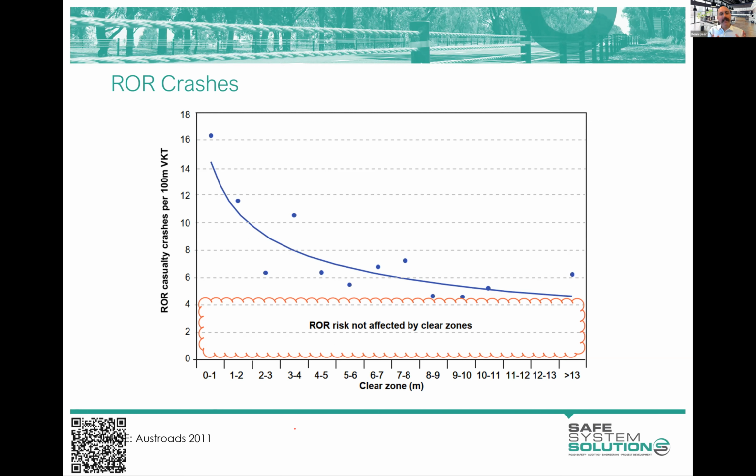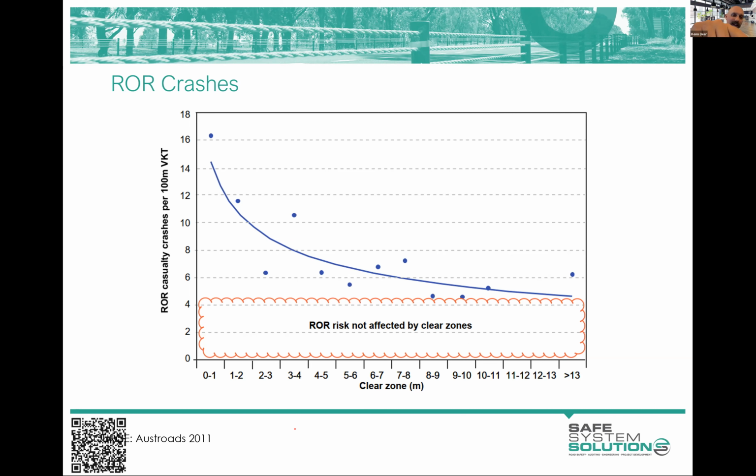Okay, but we did operate like there was some magical thing about this clear zone, and we saw crazy things, like brand new roads with all of these trees planted at 9 meters, or power poles all dotted down there at 9 meters. And while that was less risky than if they'd been at 5 meters or at 2 meters, it wasn't void of risk. Now, we didn't really have anything better.